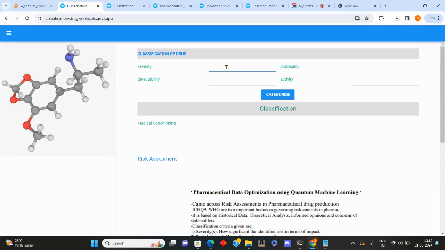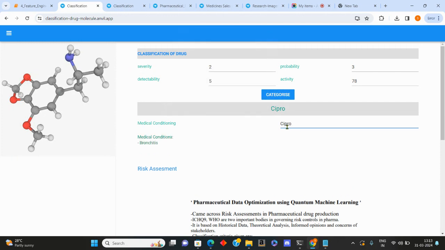For the least harmful drug, or least severe drug, we can enter the parameters as 2, 3, 5, and activity in terms of percentage, let's say 78. Now categorize. The medicine that is least severe is Cipro. If you want to find what it is used for, the medical condition we can find is that Cipro is